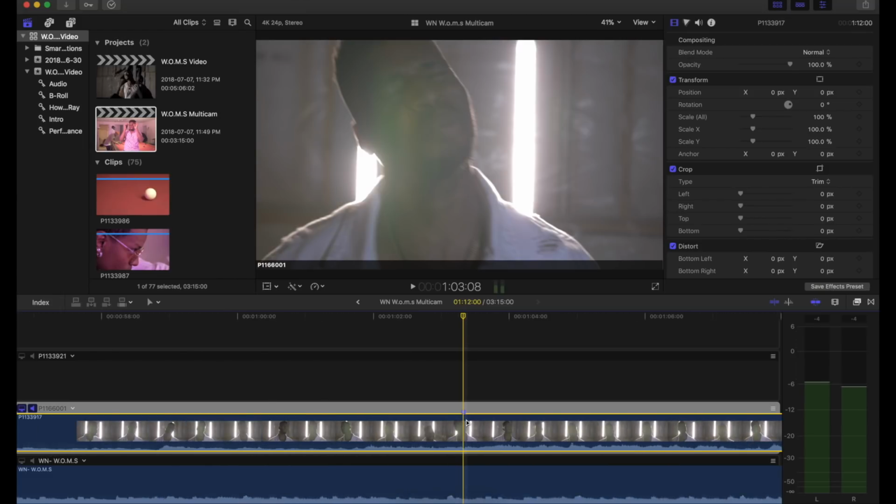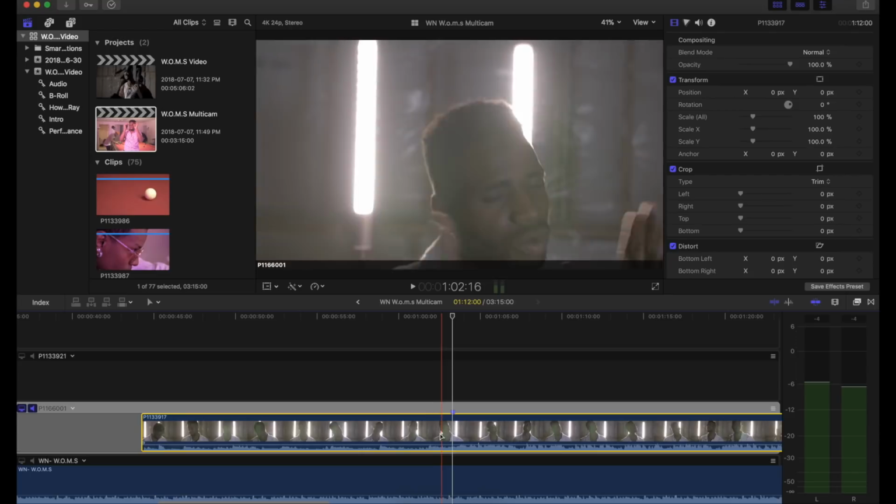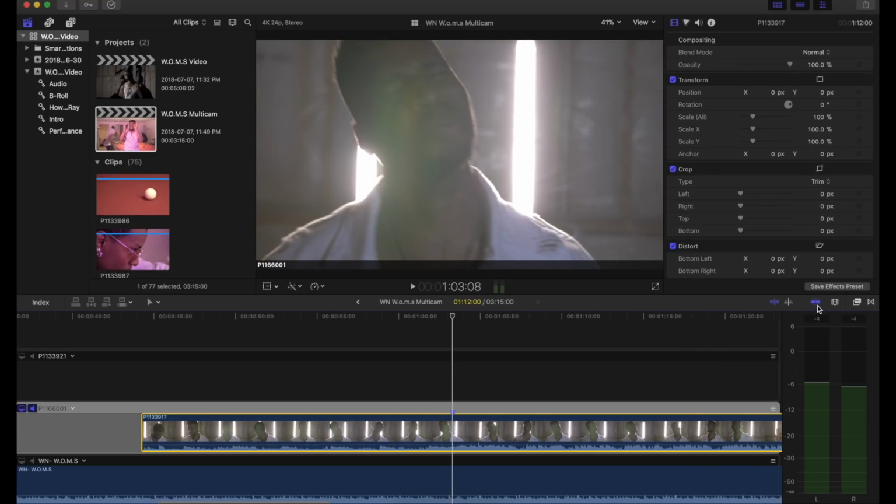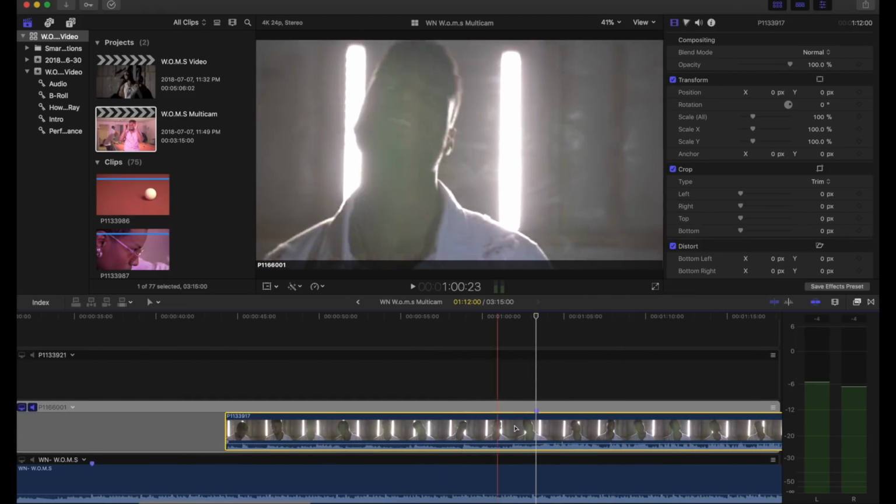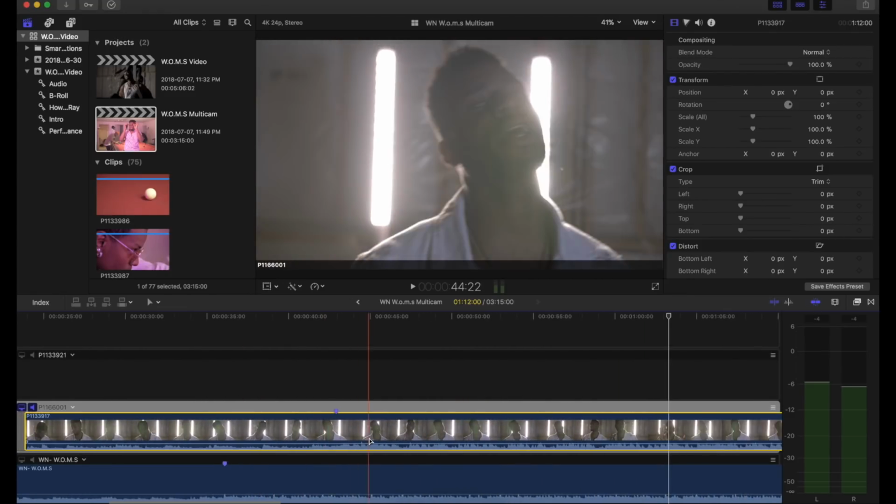See, this is the really easy part. Now, okay, I'm going to say this right now actually too. Clicking N on your keyboard is going to enable this snapping tool. So clicking N is a shortcut key to turn it on or off. When you have it on, it's basically going to snap your clip in place.